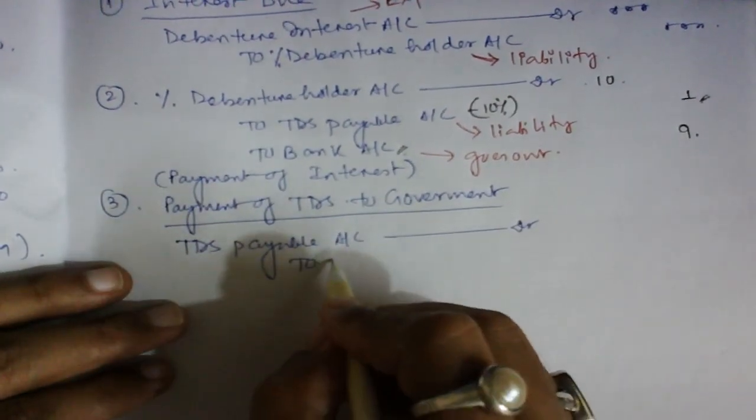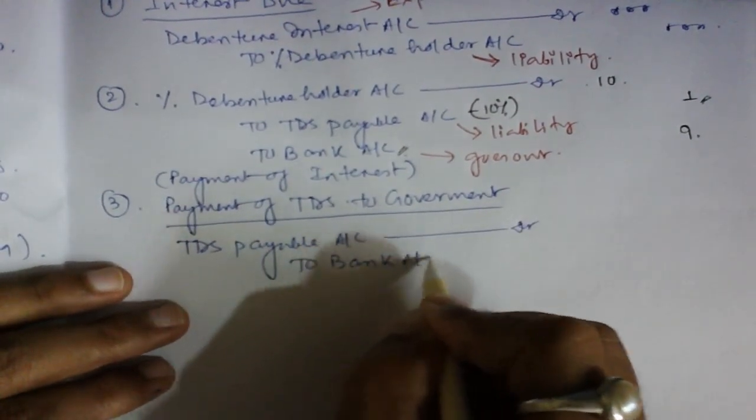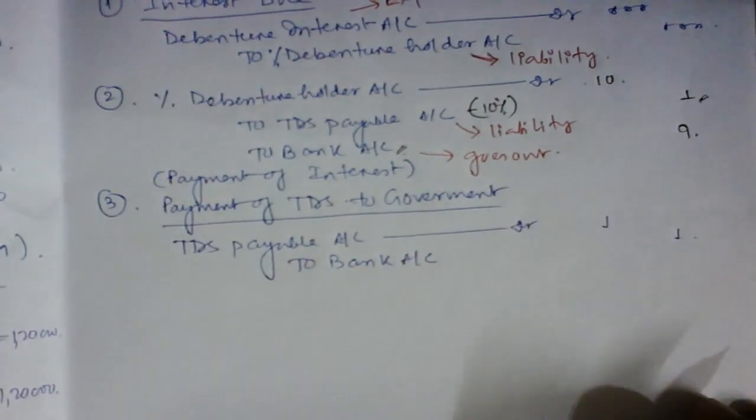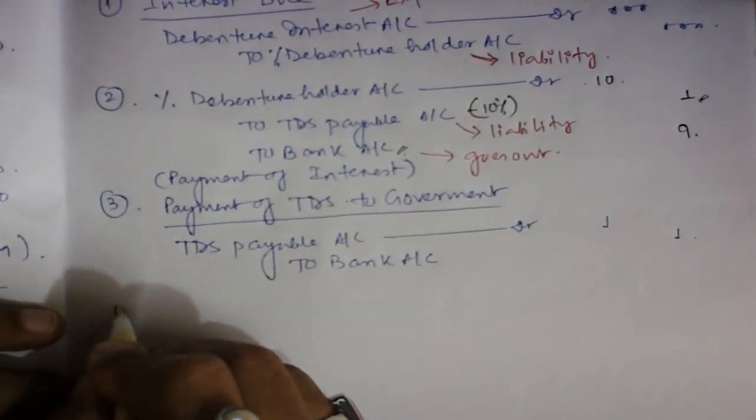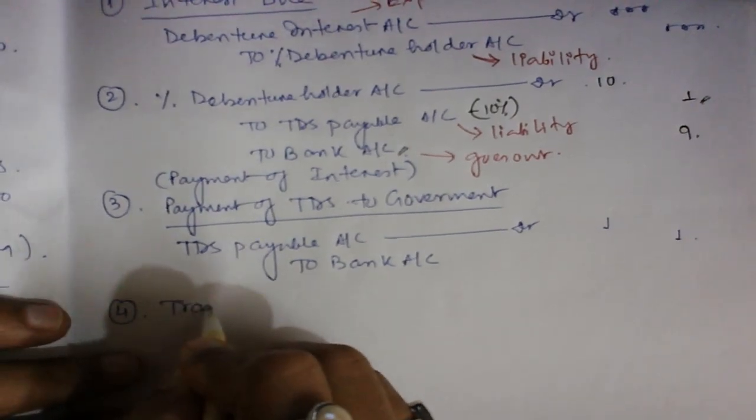How are we going to pay? Through bank. So the bank account will be credited. Done. That is done, sir. Completed. And the last entry is transferring